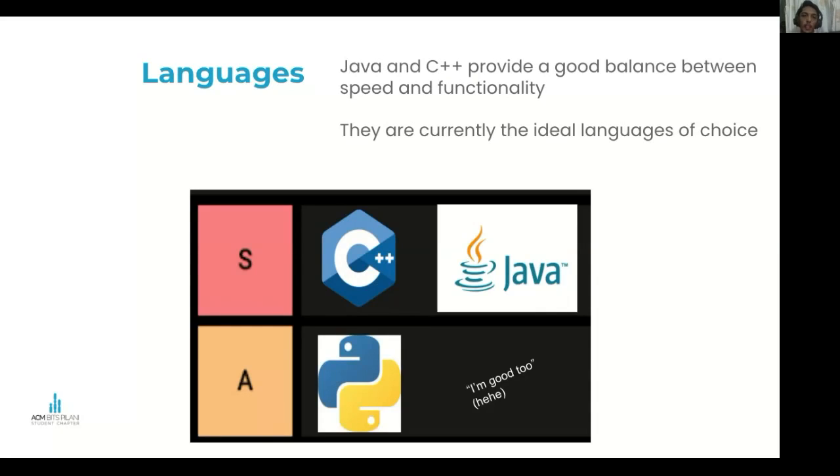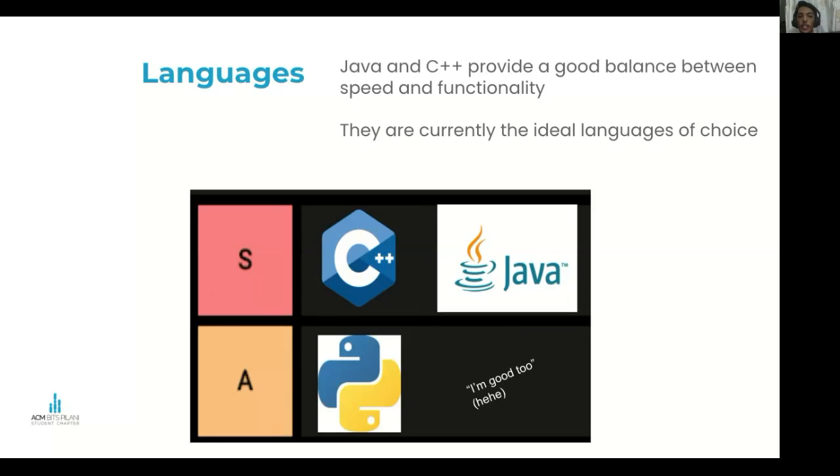There are multiple languages you can use for competitive coding, and the ones listed over here, Java, C++, and Python, are not the only ones, but they would be the advised ones, especially Java and C++, because they offer all the functionalities while not compromising on speed. Python's there. It's easy to learn for beginners because of the syntax. The code's readable, but to be honest, it's just not as fast. And when you're a competitive coder, you want to write the fastest program available.